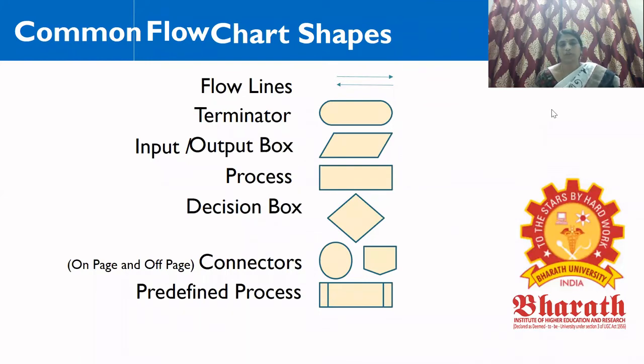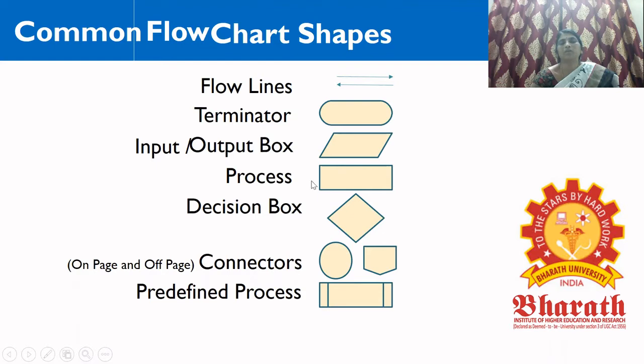Next comes the flowchart. Flowchart is the diagrammatic representation of the algorithm. The common flowchart shapes are the important one, flow lines, which indicate the data flow. To start with, we use the terminator to start and stop. It is going to be a rounded shape of a rectangle. And then the next one is the input output box, a parallelogram, and the process